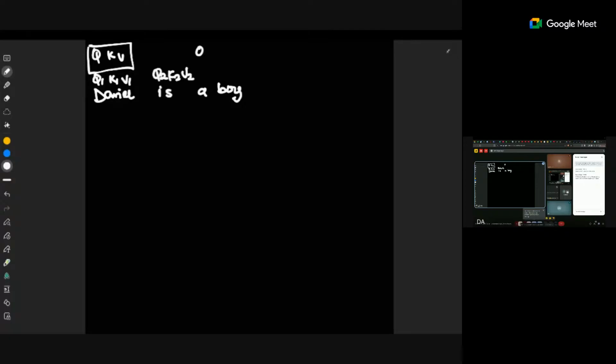A is Q3, K3, V3. Then boy is Q4, K4, V4. Now, Q1 is your query vector. What am I looking for? So when we are doing self-attention, Q1, if you are trying to predict for the word is, it means that at this point,